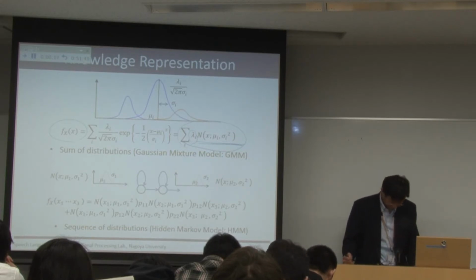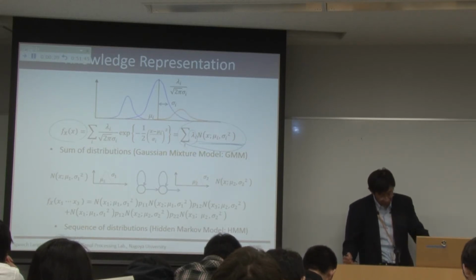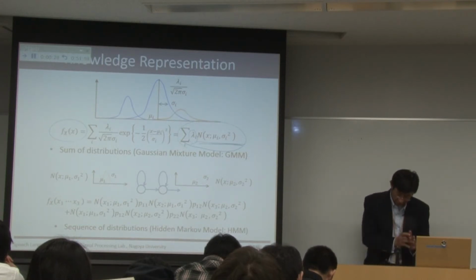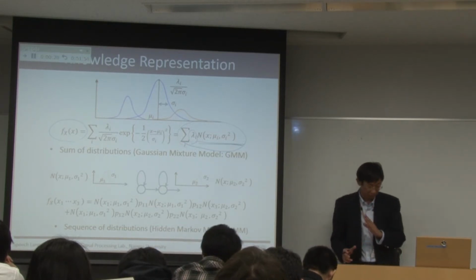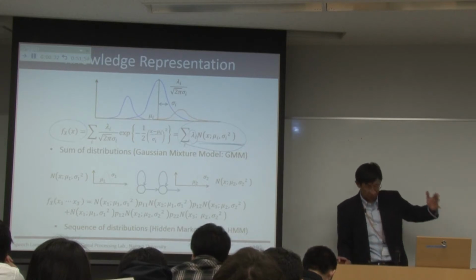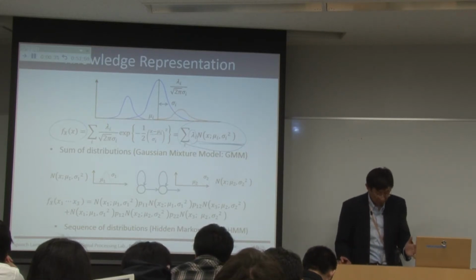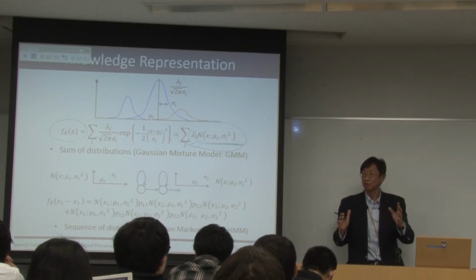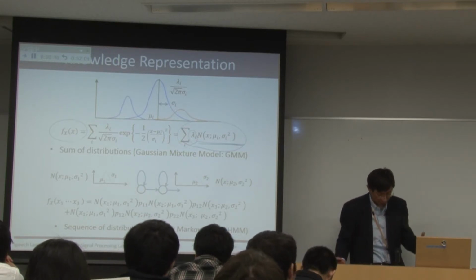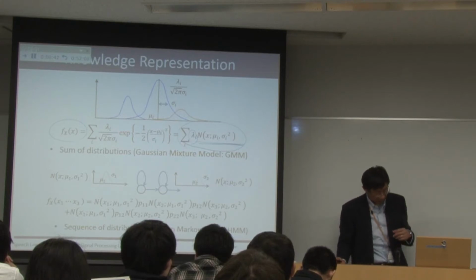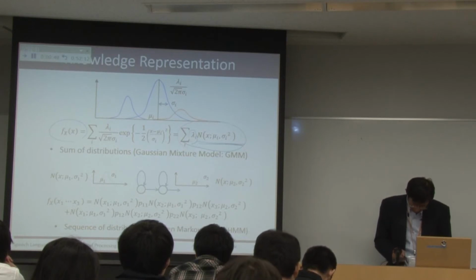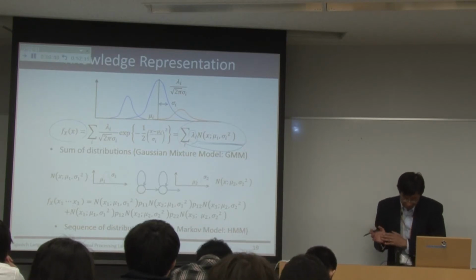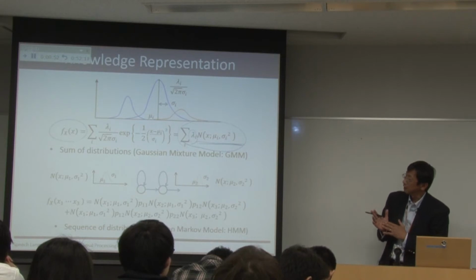And also, you see that there are a lot of peaks. If you use a simple distribution, you get only one peak, which means that the input and output are not so much related. But if you have several peaks distributed in a phase plane, then you can get a more complex but more flexible representation of data. And if you expand this idea to the time direction,